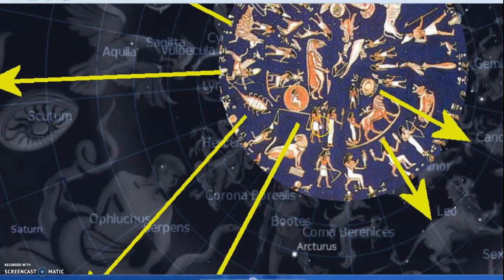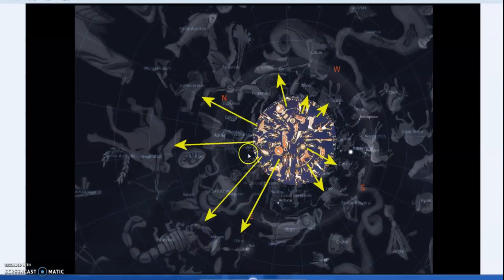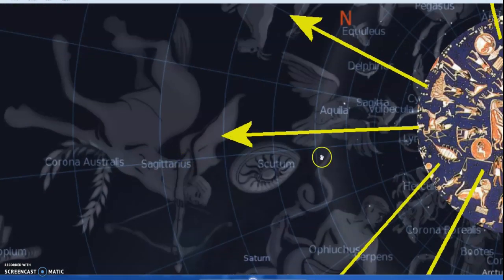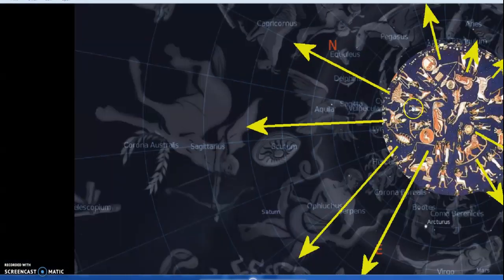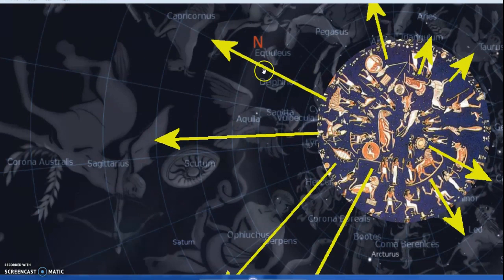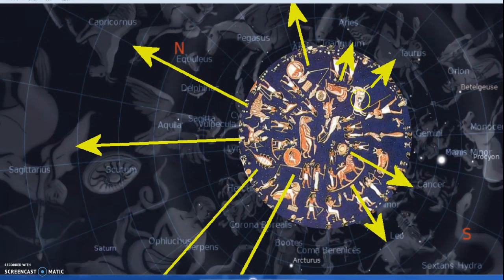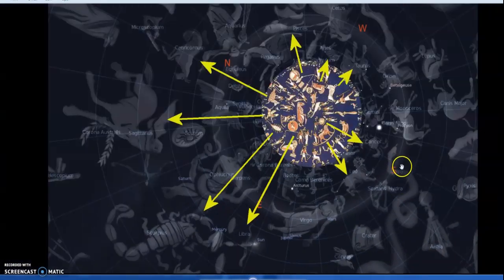So, for instance, we see Libra, the scales, Scorpio, the scorpion, Sagittarius, half horse, half man with his bow and arrow, Capricorn, the goatfish, Pisces, the doublefish, tied together by a string, Aries, the ram, Taurus, the bull, Cancer, and Leo. Now Leo's riding on, well, it looks like a serpent,